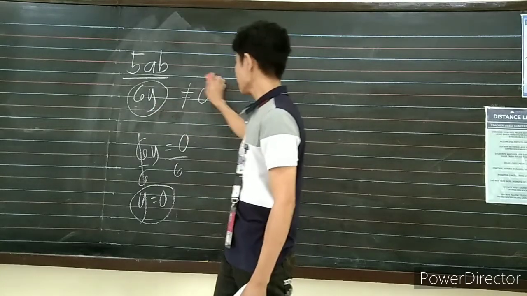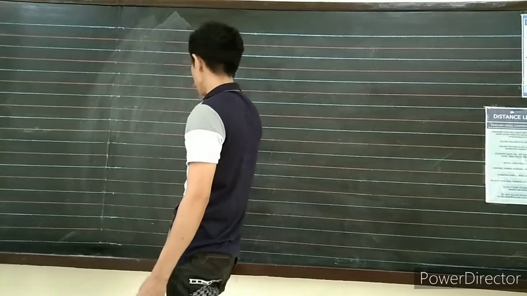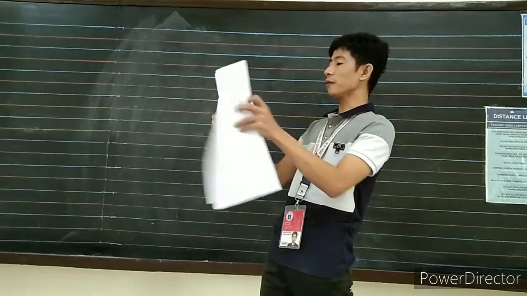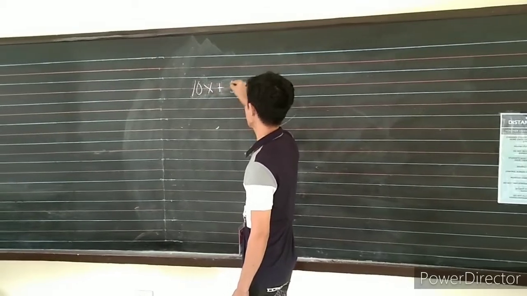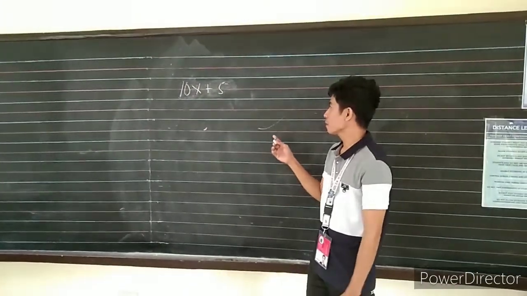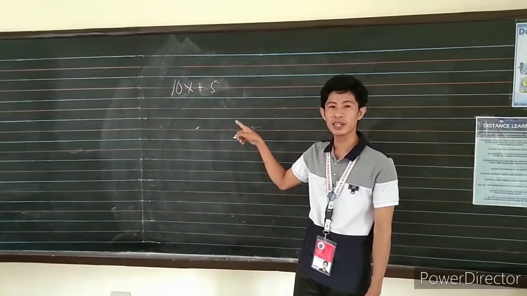So in this activity sheet number 3, we're going to find all the possible values of the variables to make it 0. We have here 10x plus 5, and we are going to ask what is the value of x that makes the denominator